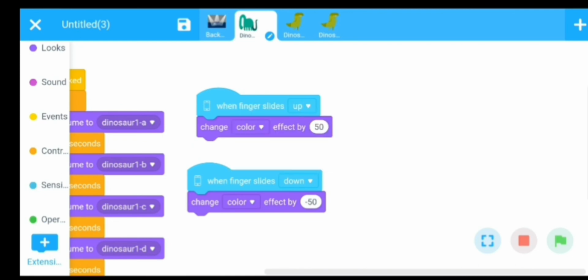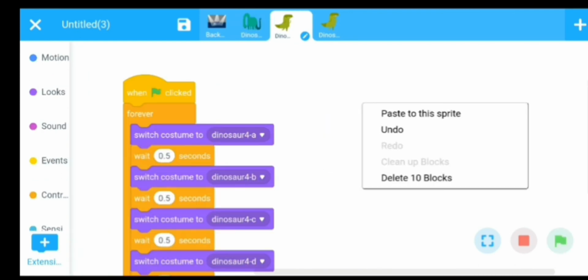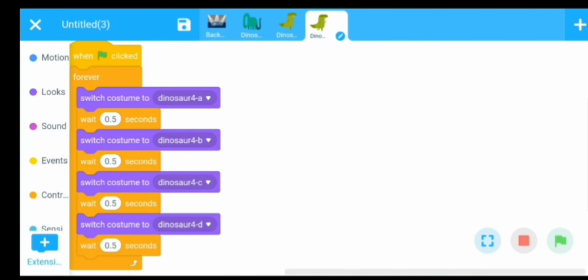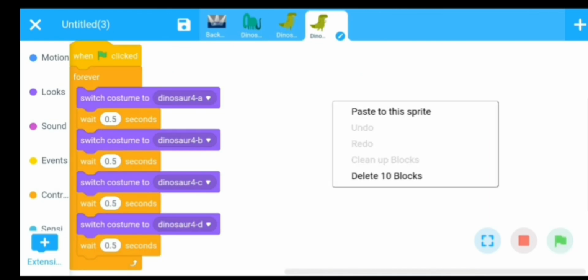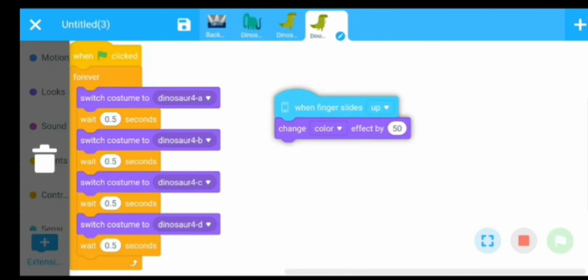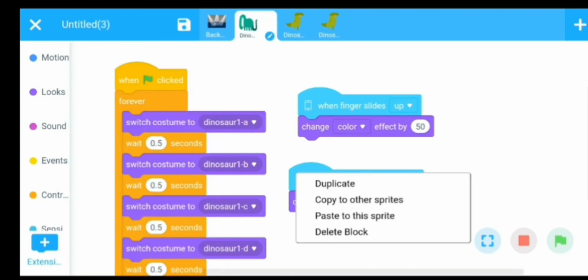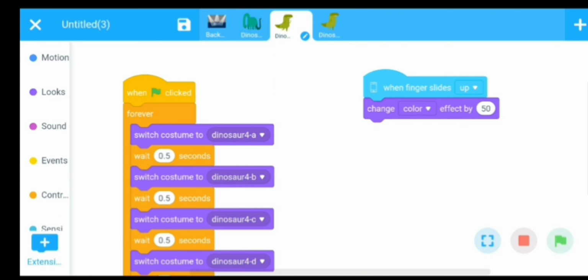Copy this and paste here. Also paste in this. Okay, same, copy the sprite and paste.